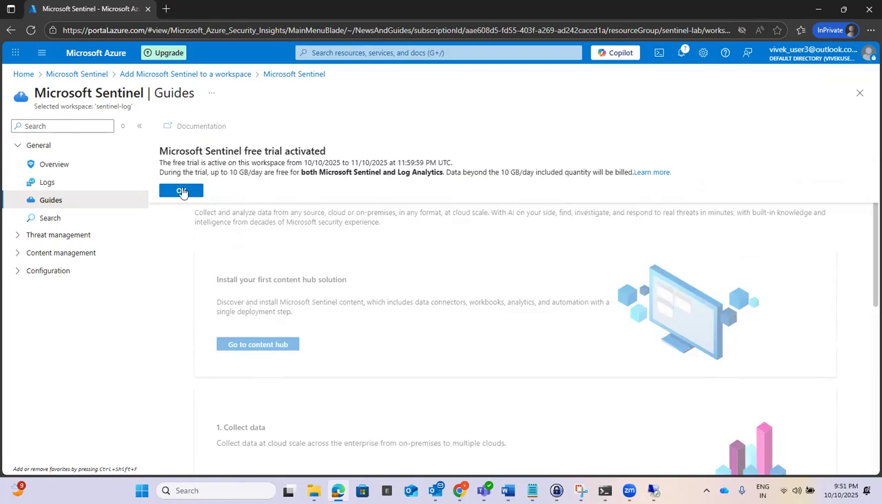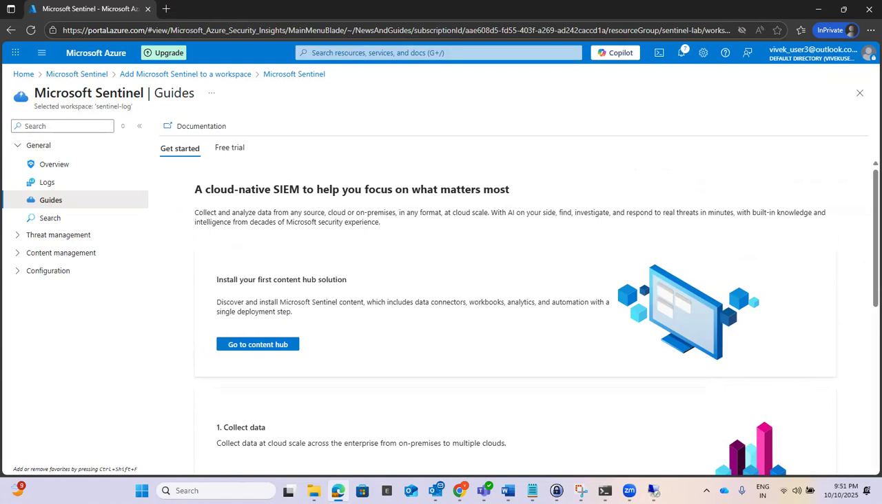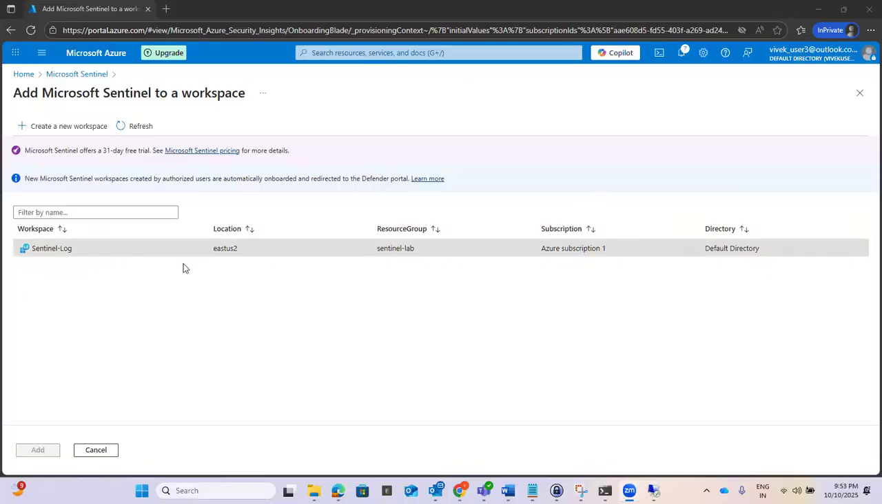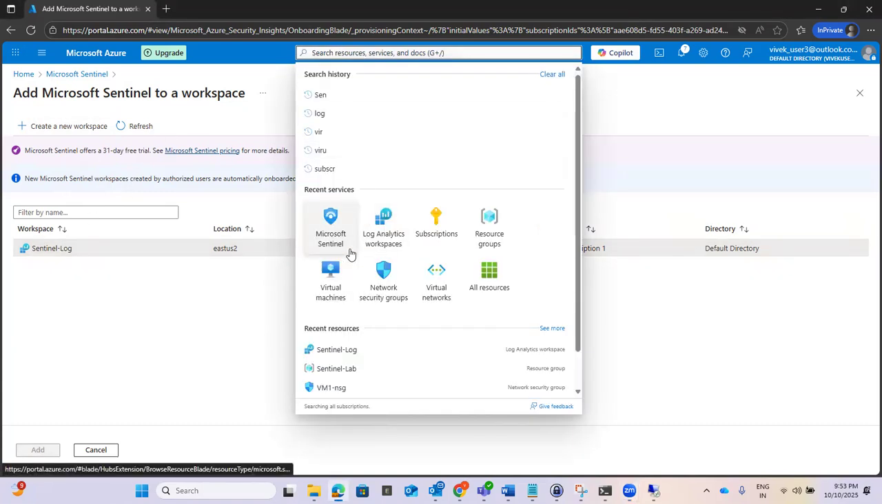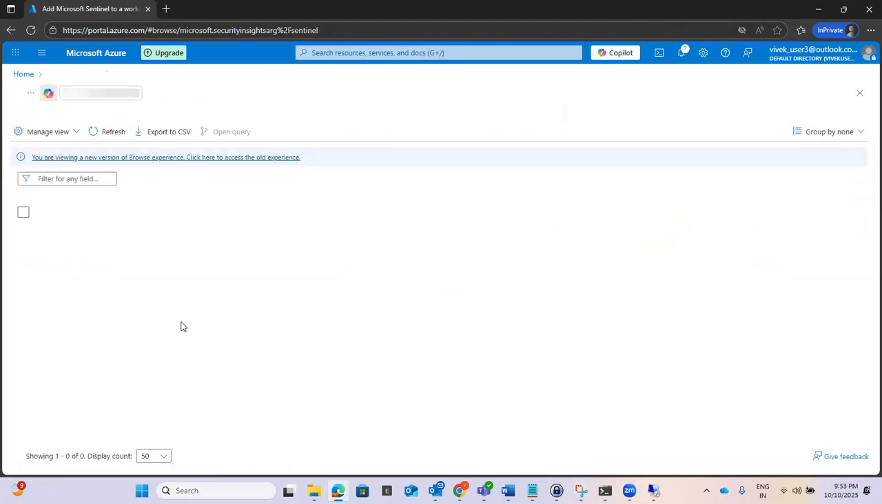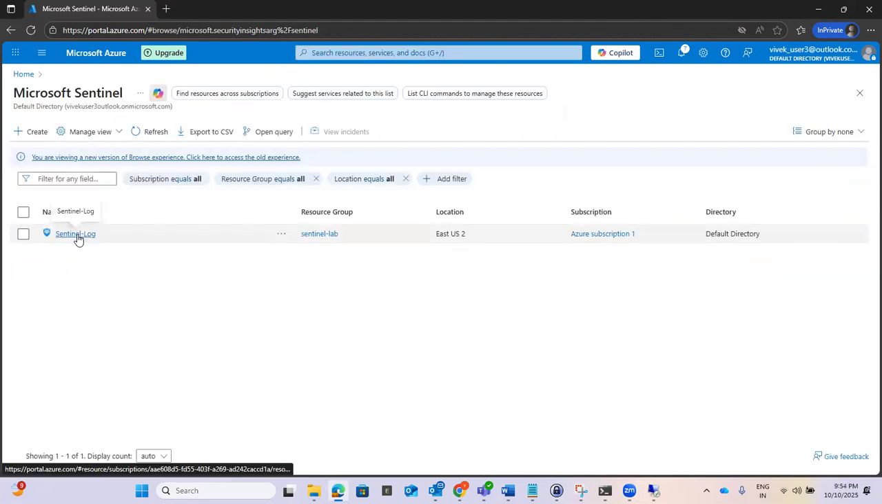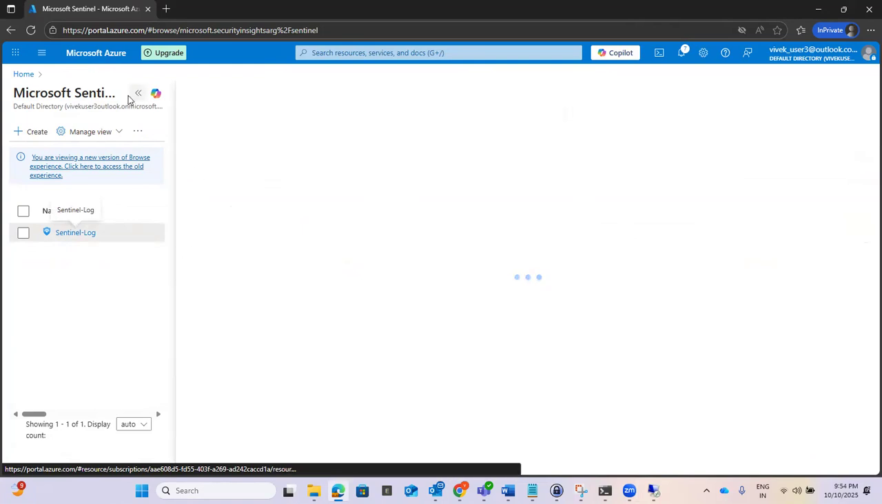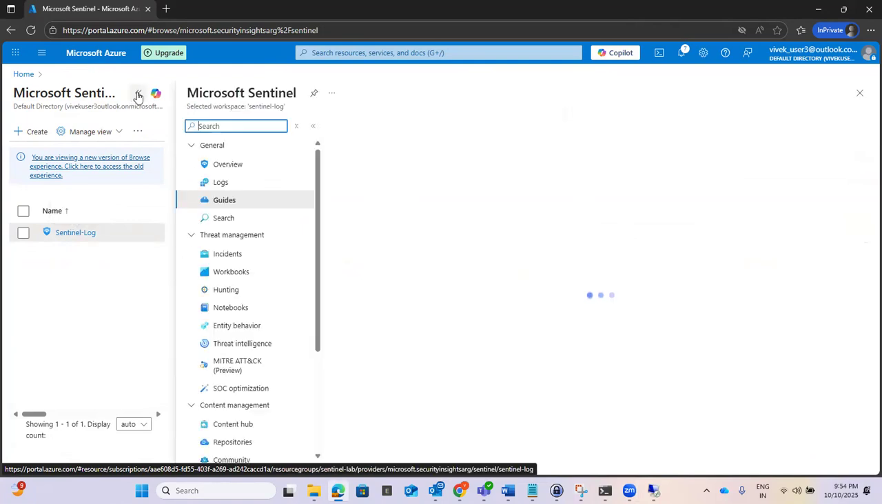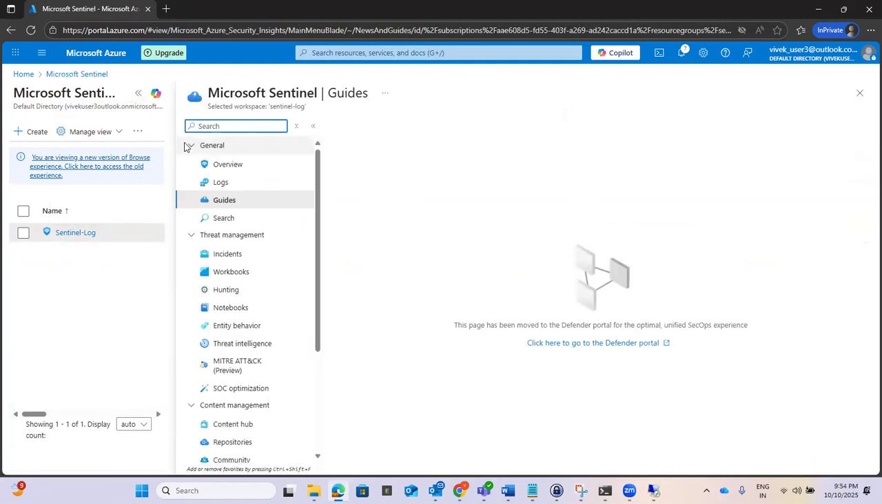Okay, it is activated now. So we have attached the analytics logs into our Microsoft Sentinel workspace. Now let me go to Microsoft Sentinel. Need to go to the content hub. We need to attach the logs into the